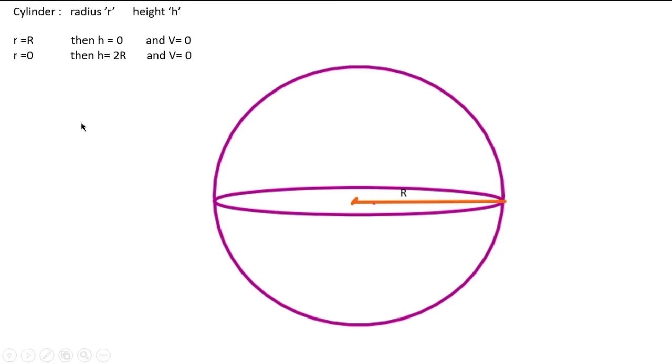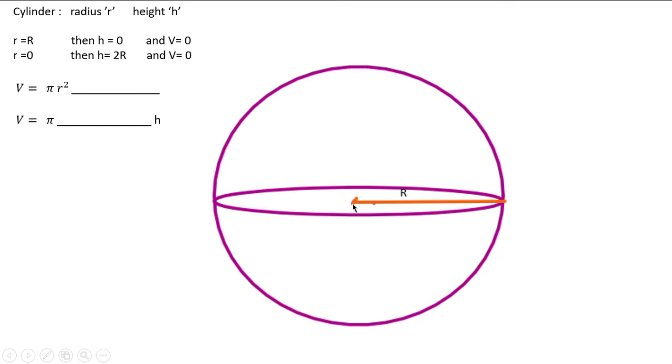Okay, so volume can be written as pi r square h. Because I've introduced the h variable here, I want to make this volume entirely a function of r. So now, as I said earlier, r is a function of h or h is a function of r, both can be seen here. So we just have to find that relation so that we can complete this function. Okay. Let us consider one of the cylinders here.